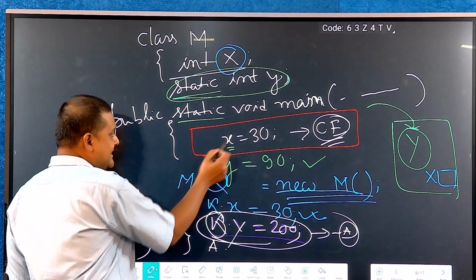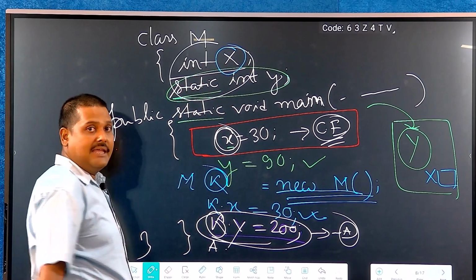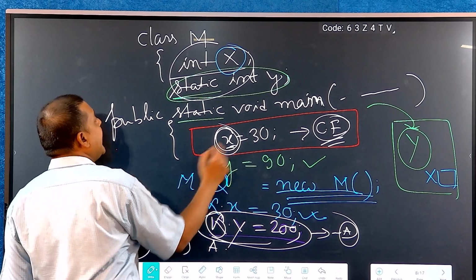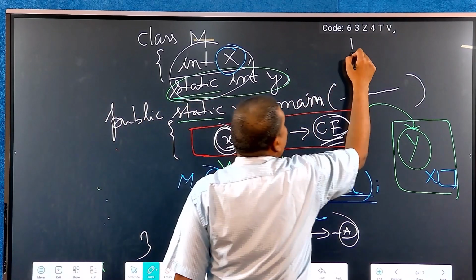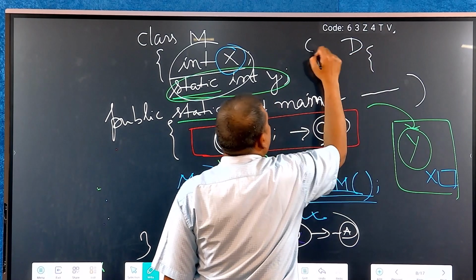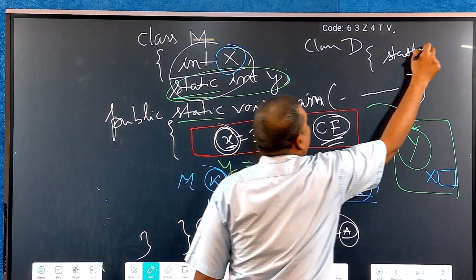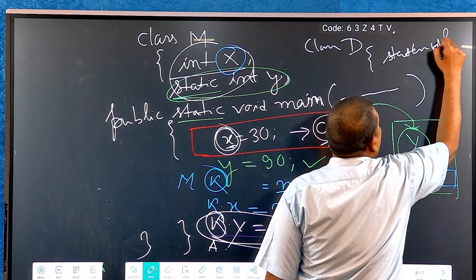As this x is a property of this class only, we are calling it by x. But if it is a property of another class, like the class name is D, and there is a static member, int L, a member of class D,